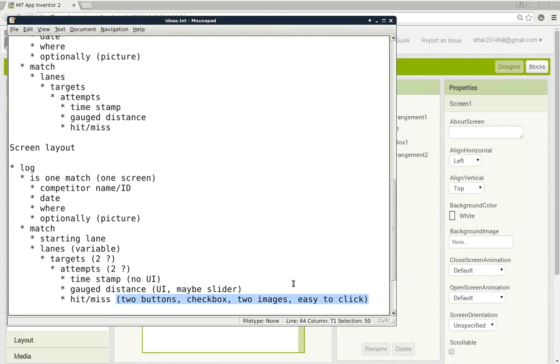So that's where we stopped on Monday. What we'll do today is to actually start to design the screens, implement the logic for individual screens, and start with that. This is an interesting point of this project, because we are now transitioning from just planning, doing all the planning in our head, to actually coding. We are going to switch to AI2 and be able to actually use AI2 to do not just